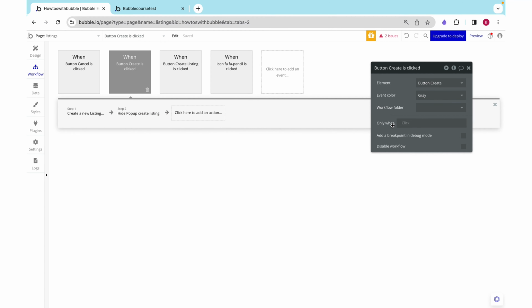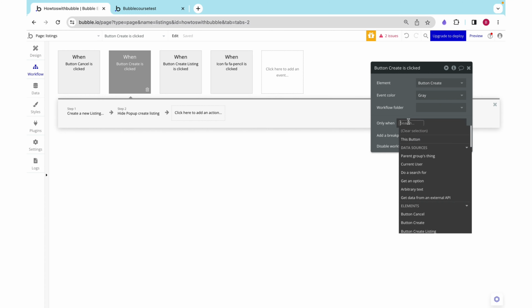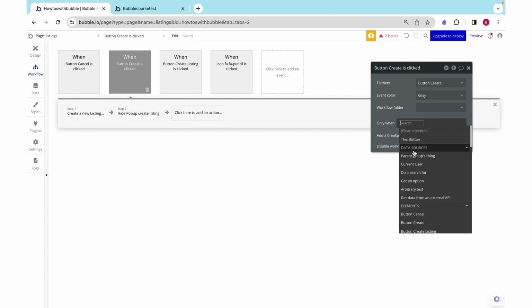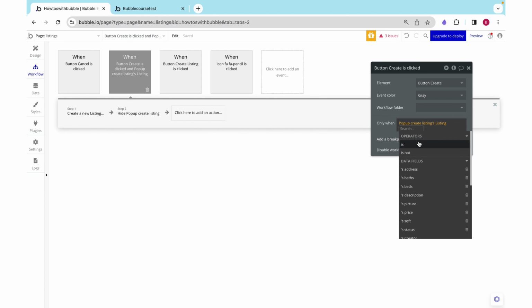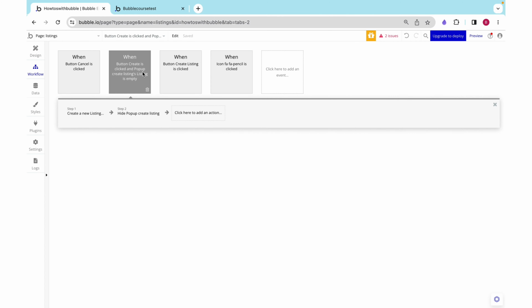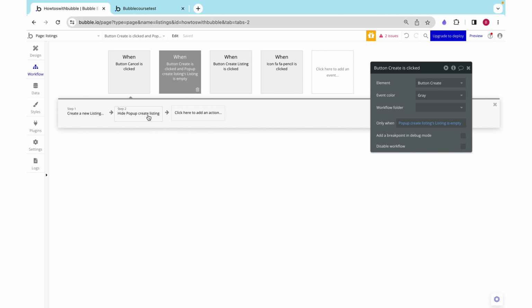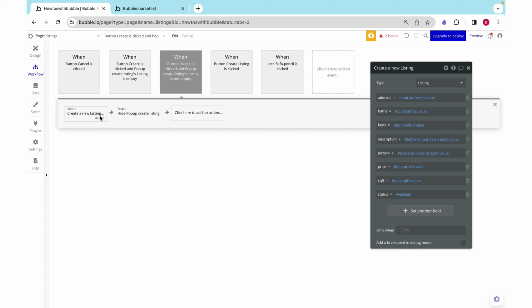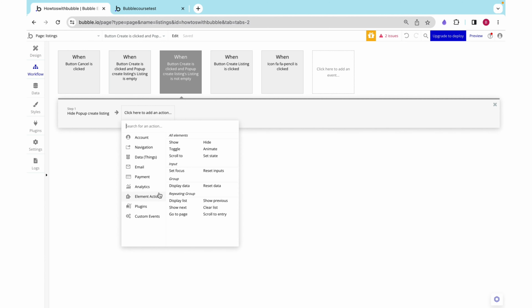But this button is still creating a new listing. It's not what we want, so we need to add an only when condition. We covered this in our workflow logic video, but just as a quick refresher, this workflow will only execute when the button is clicked and this condition is true. So I'm going to say only when the pop-up's listing is empty do I want to create a new listing. Otherwise, when it is not empty, I want to